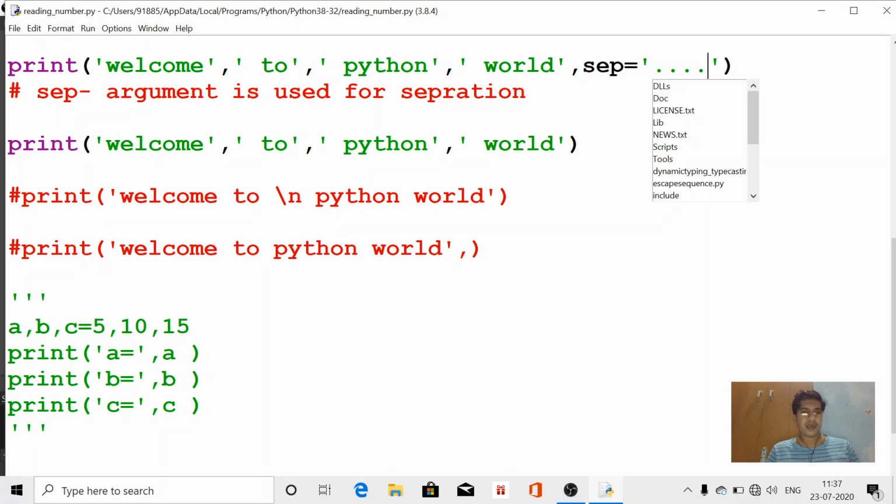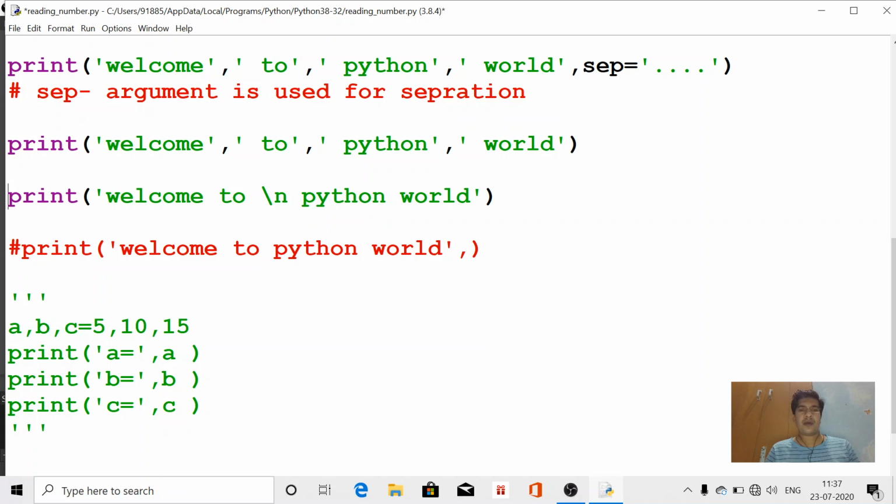Now see, our next line is print welcome to Python world. That means if you want to print welcome to in one line and Python world in the second line, that means the next line, then \n is the new line character. I have already told you in the escape sequence class that \n will be used, and you can either use a simple backslash at the end of the string and change the line by pressing enter, and you can type the next line.